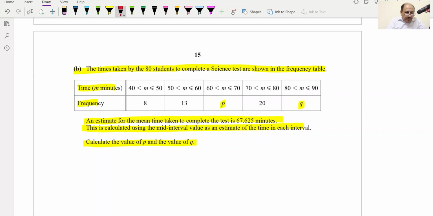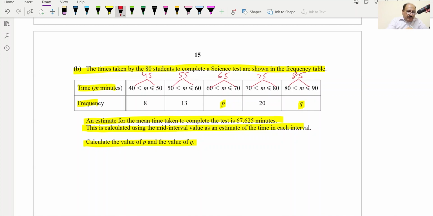First of all, we will check for the mid ranges. The mid of 40 and 50 will be 45, and the middle value of 50 and 60 will be 55. Then the middle value of 60 and 70 is 65. The middle value of 70 and 80 is 75. The middle value of 80 and 90 is 85. After writing these middle values, we can write as